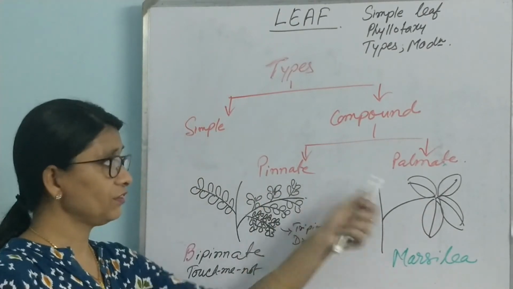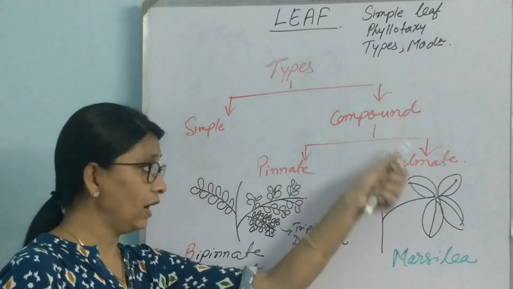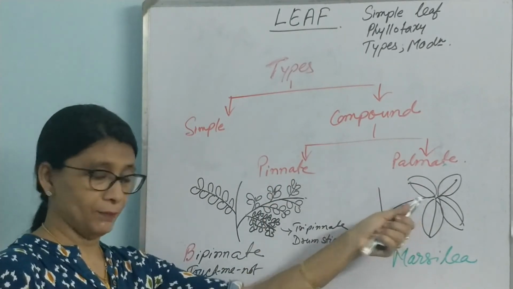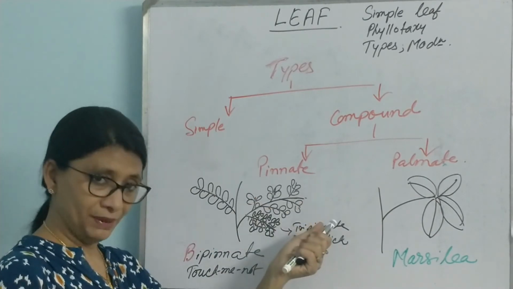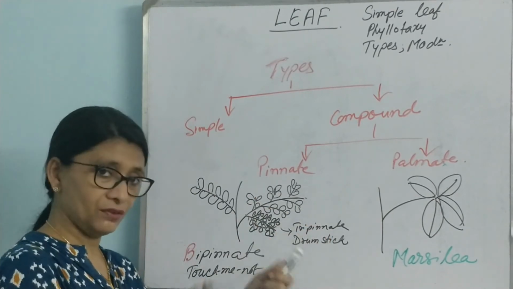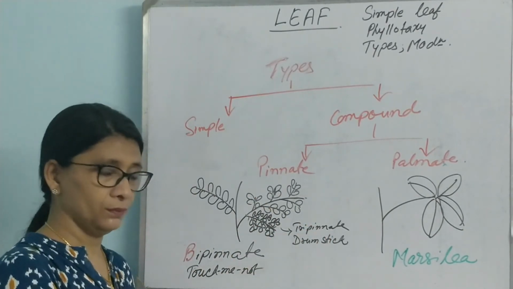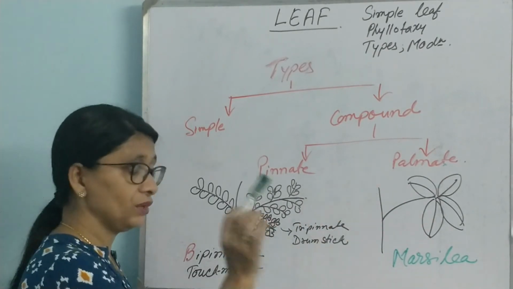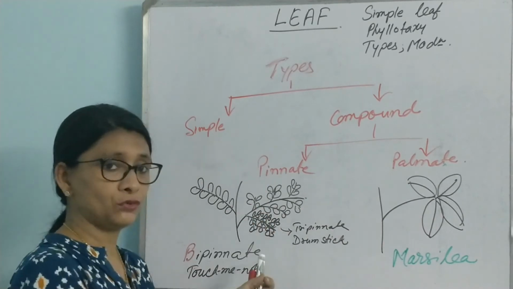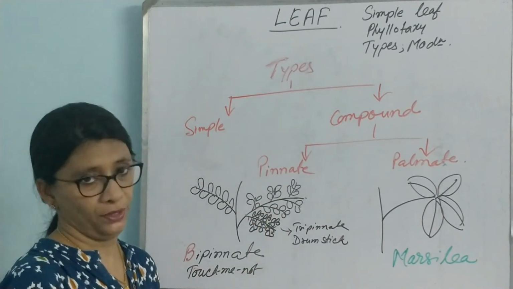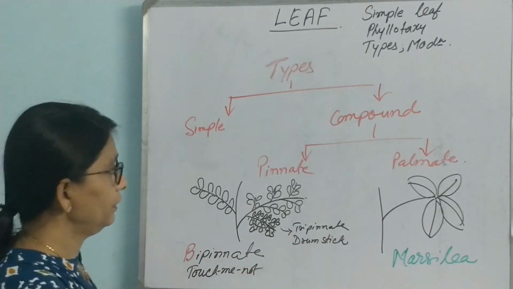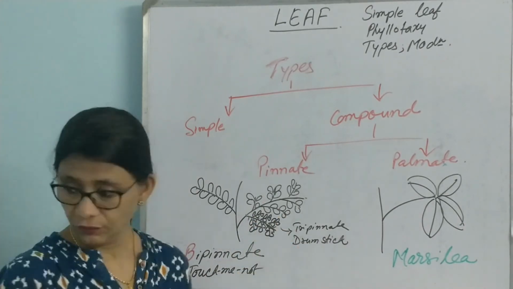So this is just to give an idea of how compound leaves are and what is the difference between pinnate and palmate. Pinnate is having a midrib and the leaves are just divided on that, so that is known as leaflet. And in palmate there is no midrib, just at the tip of the petiole it gives rise to say 2 leaf, 3 leaf or 4 leaf. So based on that the name has been given. So this is compound leaf and these are the types of leaf.